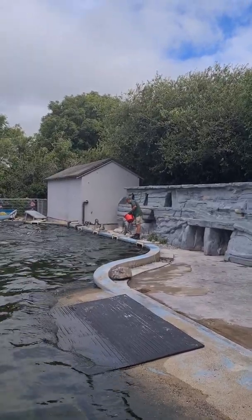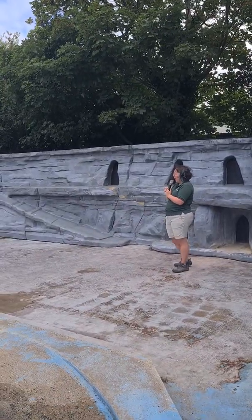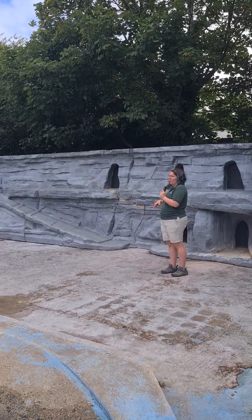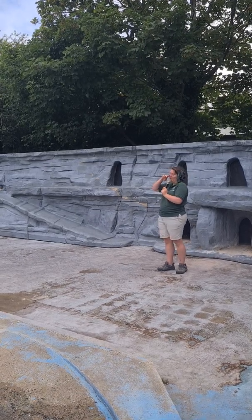You'll notice some of our penguins are looking a little bit dishevelled at the moment. They are going through their annual molt. So once a year they come inland and all of their feathers drop. They try and do this all at once to get it out of the way because it's not a very comfortable experience for them. They get a bit cold and they can't swim as well because they are no longer